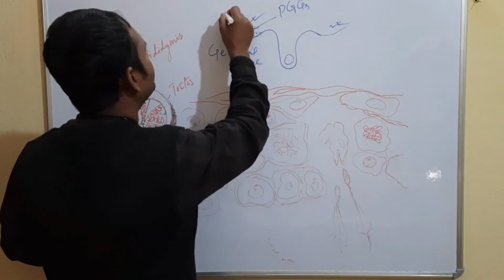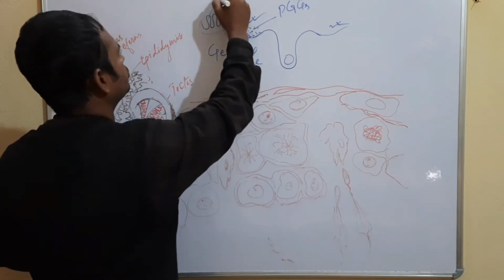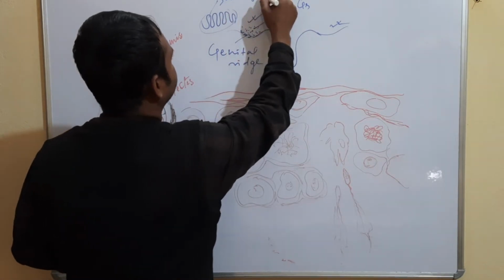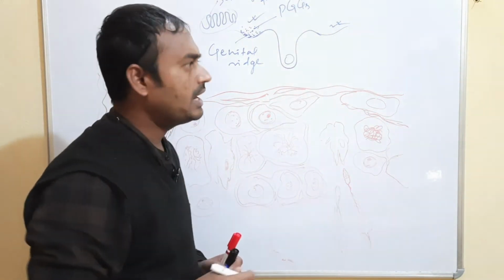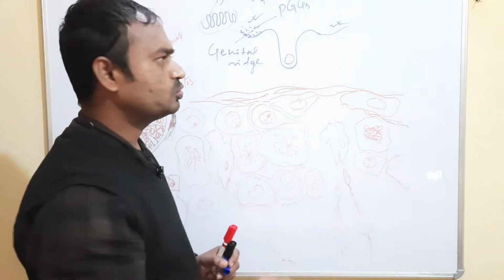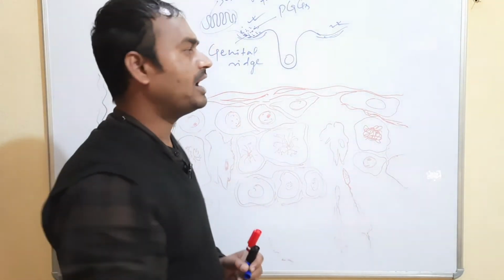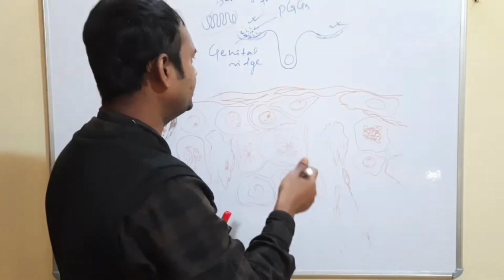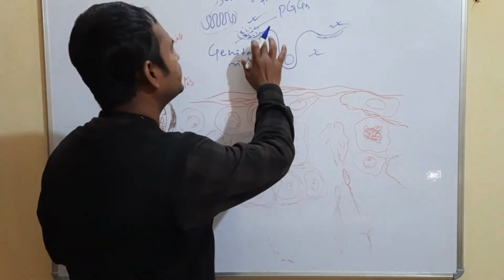This will hollow out to turn into the seminiferous tubule. This will turn out to be a seminiferous tubule, and this individual genital ridge will turn to be the packet, and the cell after subsequent division will turn into the testis. Okay, so let us start our today's lecture with the testis here.